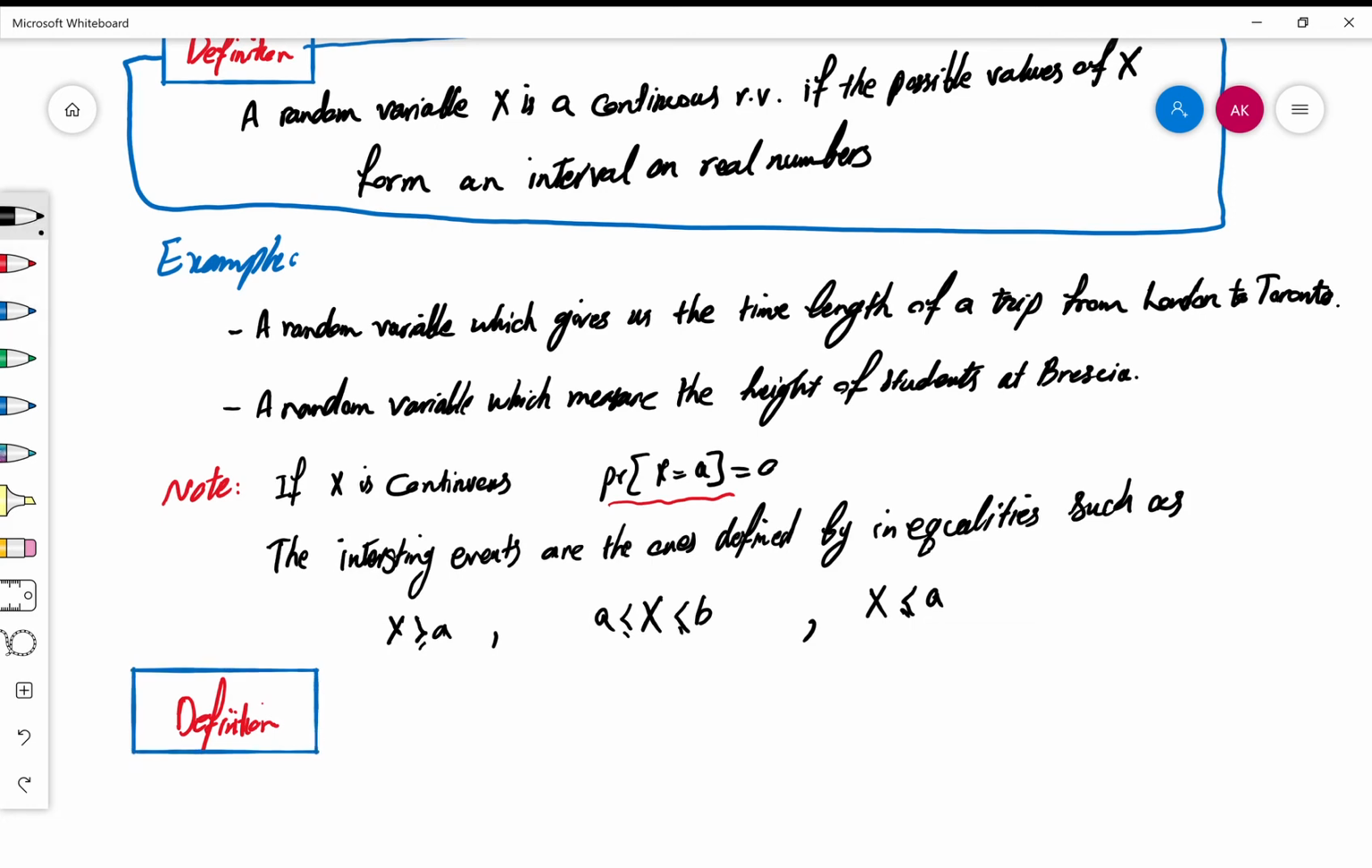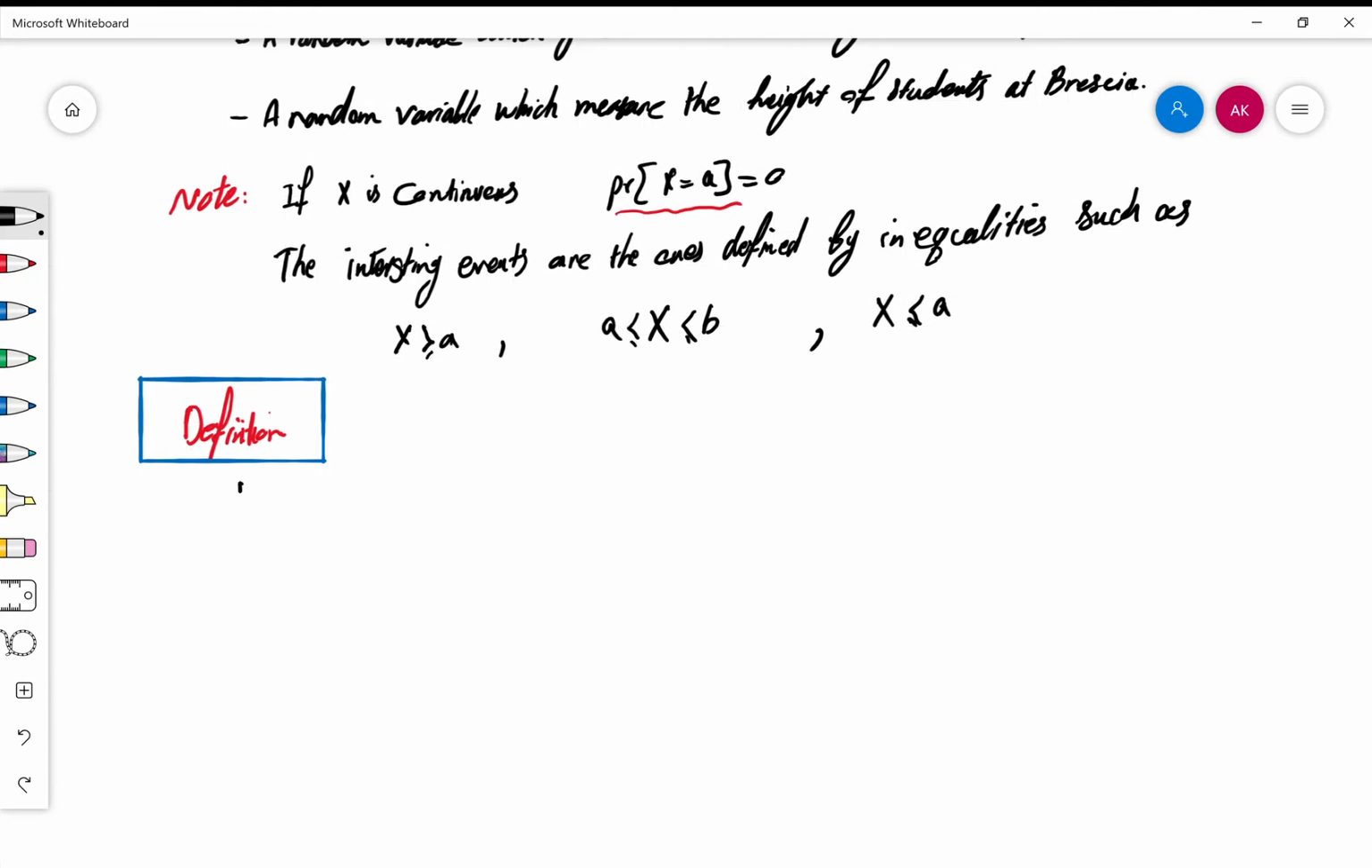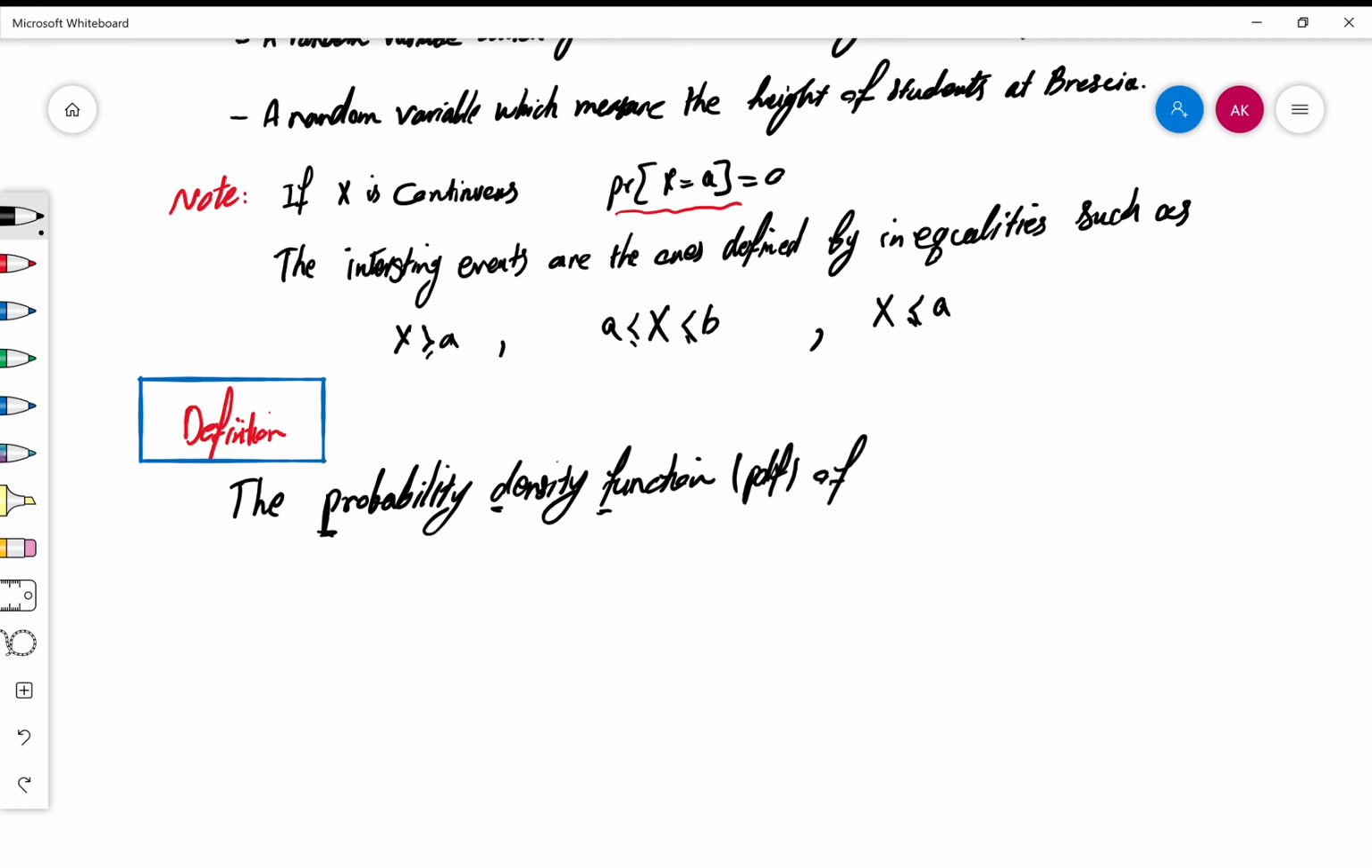The probability density function. Well, again, PDF before was probability distribution function, now it is PDF, probability density function. Again, we call it PDF, of a continuous